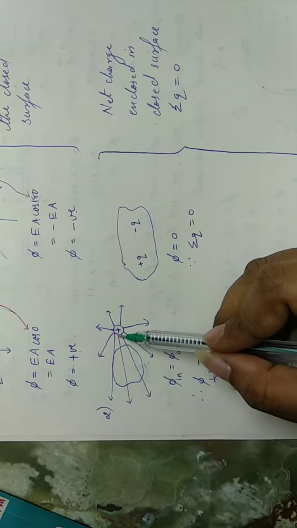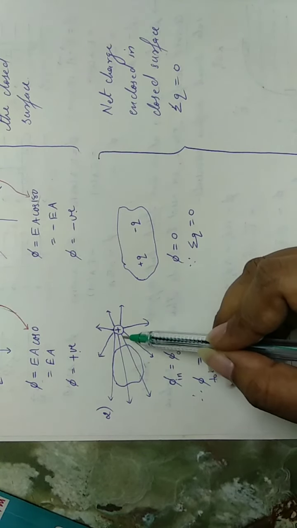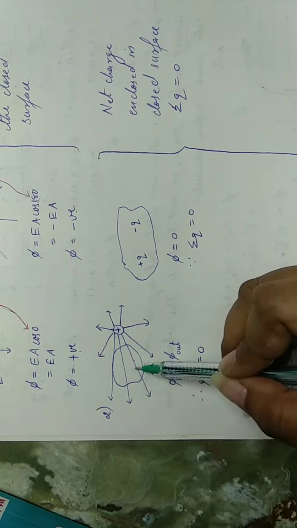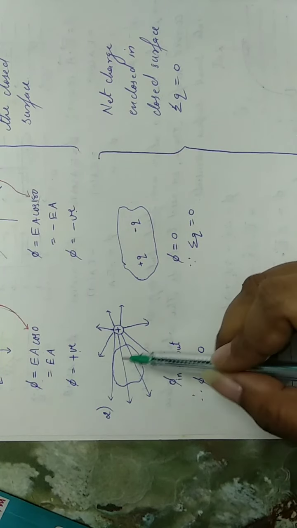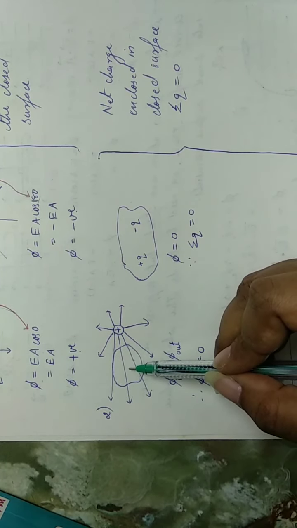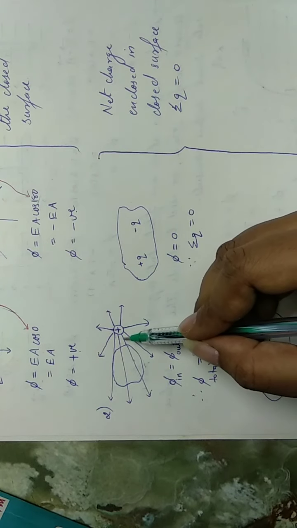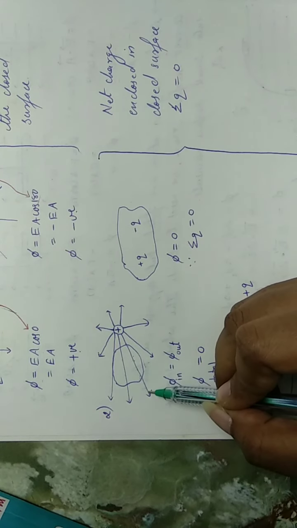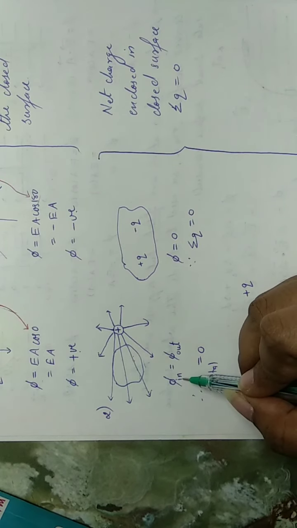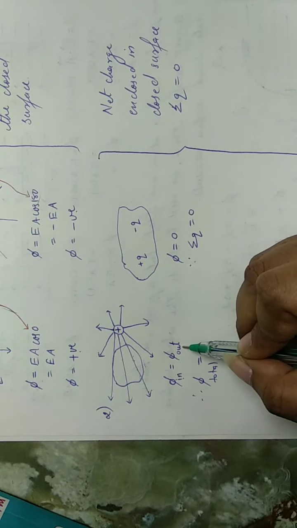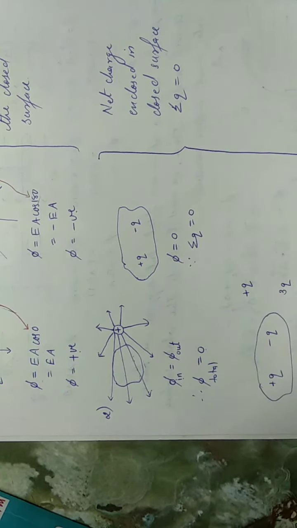Now just see here, these two field lines are passing through this surface. They are entering the surface, and the same two field lines are leaving this surface. So the resultant field lines passing through the surface is going to be 0. We can write it like this: the number of field lines passing inwards is equal to the number of field lines passing outwards, and the number of field lines was flux. So the flux entering the closed surface is equal to the flux leaving the closed surface. So the total flux becomes 0 here.